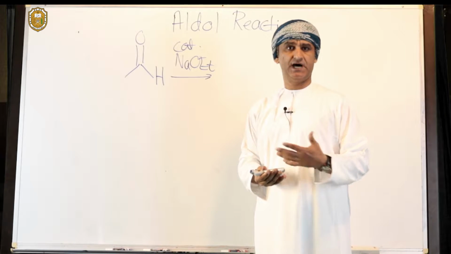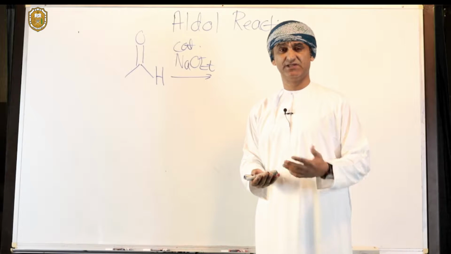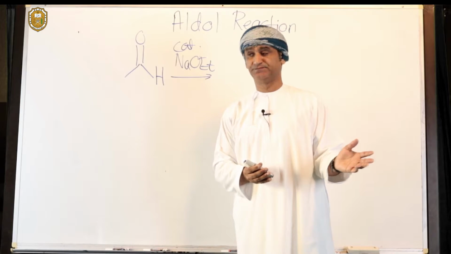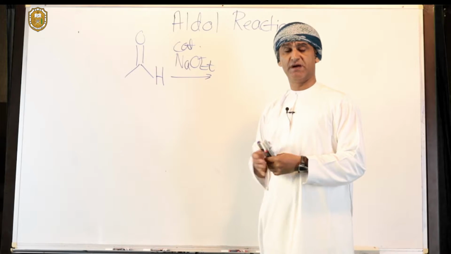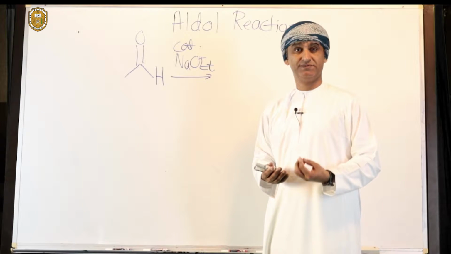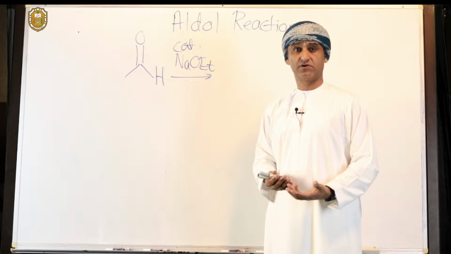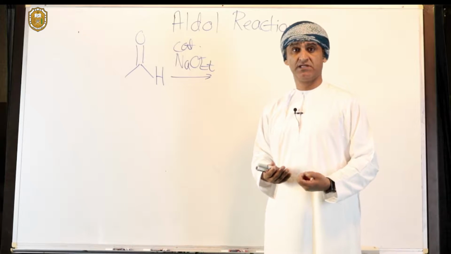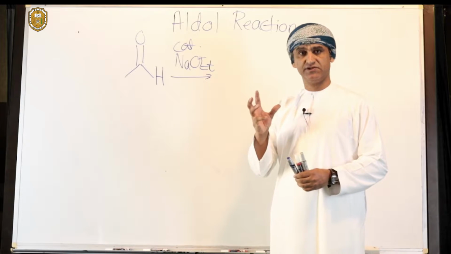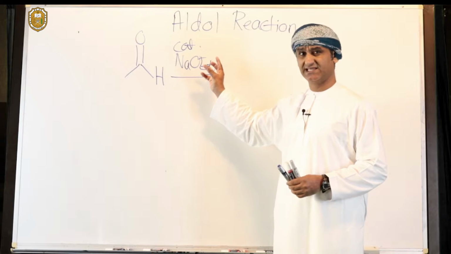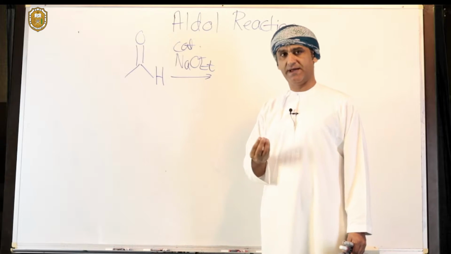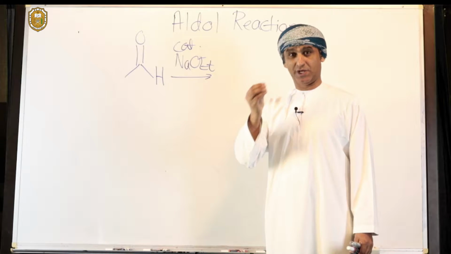Obviously, aldehydes have a pKa at the alpha position of about 17 or 18, something like that. Ketones about 20, if you recall. Esters 25. Alkoxides, of course, come from alcohols whose pKa is about 16. So therefore, the alkoxide is not strong enough as a base to deprotonate carbonyl compounds at the alpha position. But under catalytic conditions, a small amount of an alkoxide should convert a small amount of the aldehyde to a small amount of an